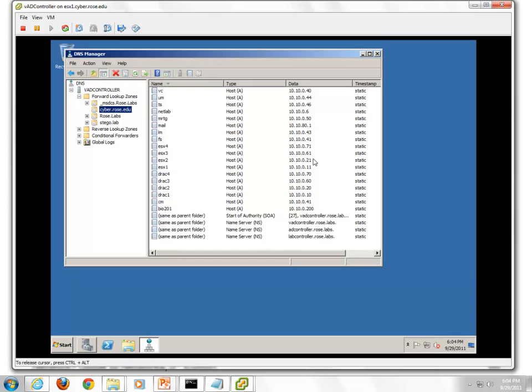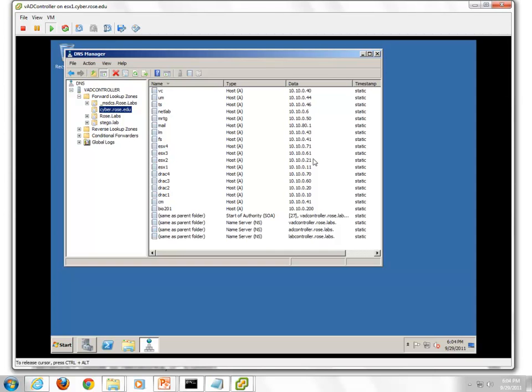Then you would go to the edu group and say, hey, who's in charge of rose.edu? And they would say, that's hosted at Rose State, and forward you to Rose State. Then you would contact Rose State and say, who's in charge of cyber.rose.edu? And they say, well, we are. And you say, great. Now who's vc.cyber.rose.edu? So basically, it's multiple queries.